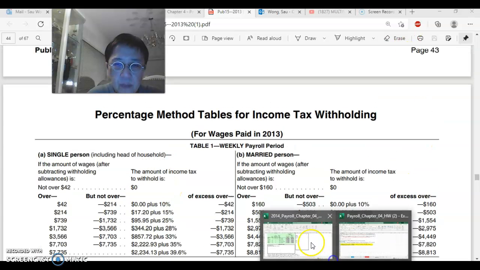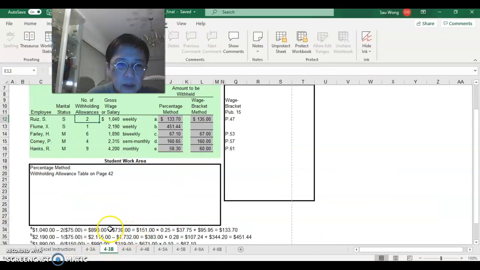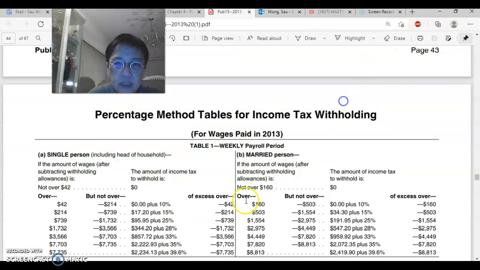So the amount over 739 is $151, times 25% is 37.75, plus 95.95. The 95.95 is right here. So whatever amount is over 739, you take the excess amount times the 25% plus the $95.95. That is what we calculate based on the percentage method. First, on the percentage method, you have to take the payment minus the withholding